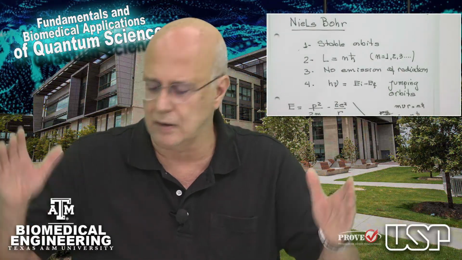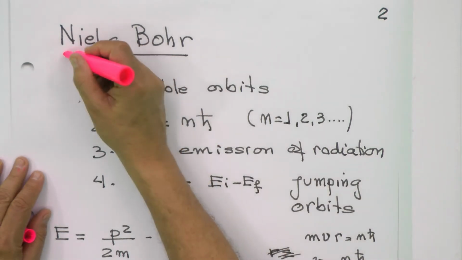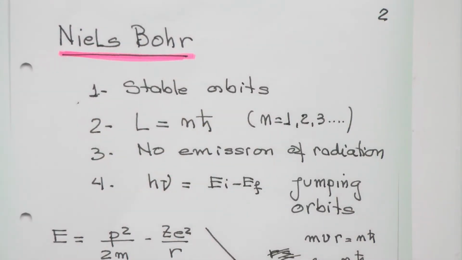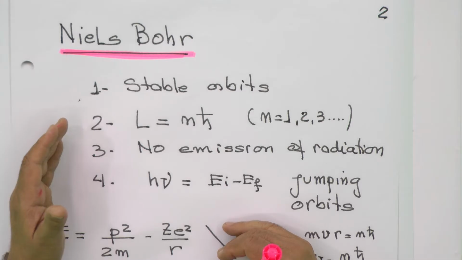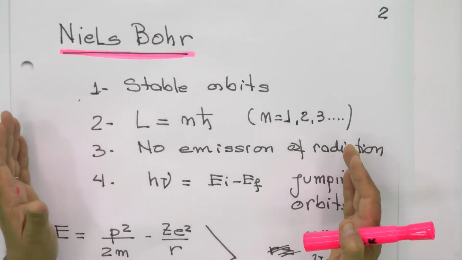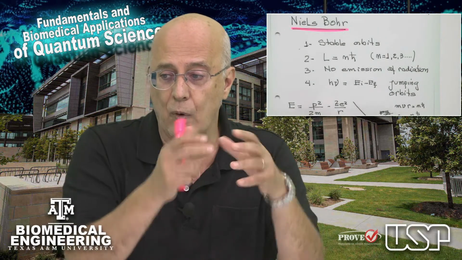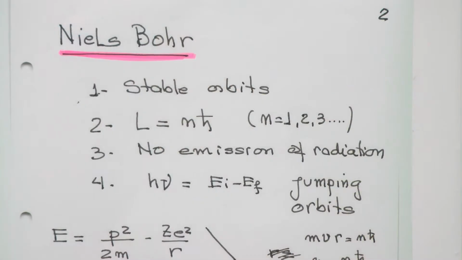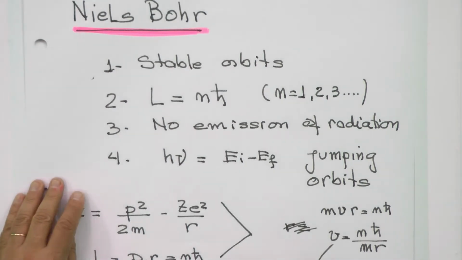Bohr proposed that we have to think in a different way. The electrons in the atoms are stable. You know, the model of Niels Bohr is the model that really will force us. And why am I doing this? Because I'm going to show you that Bohr proposed a few concepts that he observed, but actually quantum mechanics, the concept of a wave associated with the electron inside the atom, explains everything. But you have to know what the observations are and what Niels Bohr's model for the atom is. So he said that